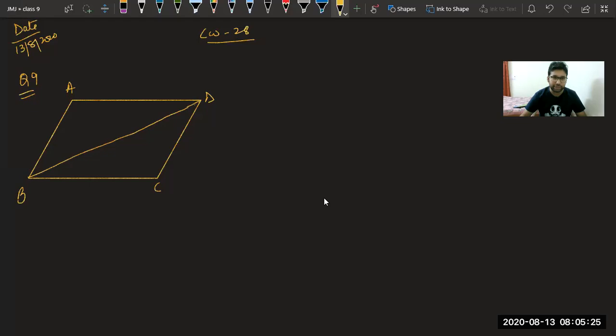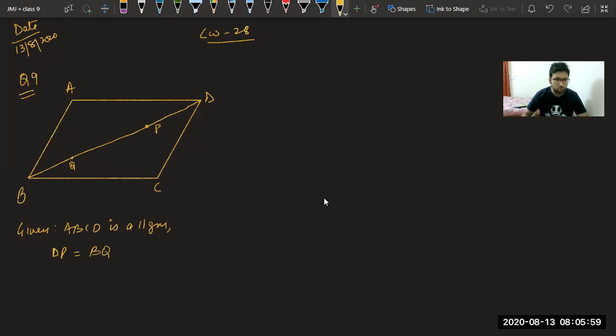If you try to think, just a little bit of concentration and the question will be done. So we have these 2 points. Let me read the question. 2 points P and Q are taken on diagonal BD such that DP equal to BQ. This portion DP, that is given, let me write, given. First given thing is ABCD is a parallelogram. Second thing given to us is DP is equal to BQ.